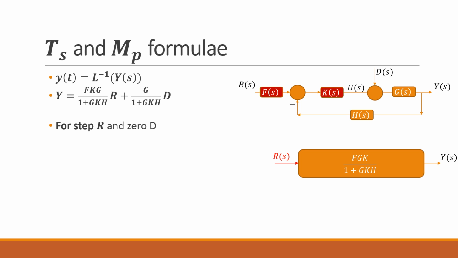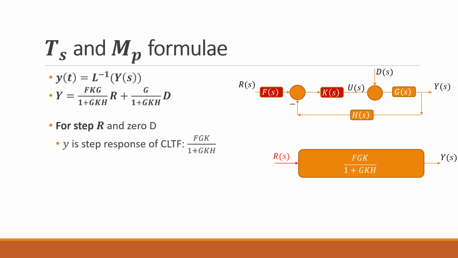If the reference command R of t is a constant, i.e. the reference command is just a step function, then Y of t is just the step response of the closed loop transfer function. And from this response function Y of t, we can calculate settling time and overshoot and